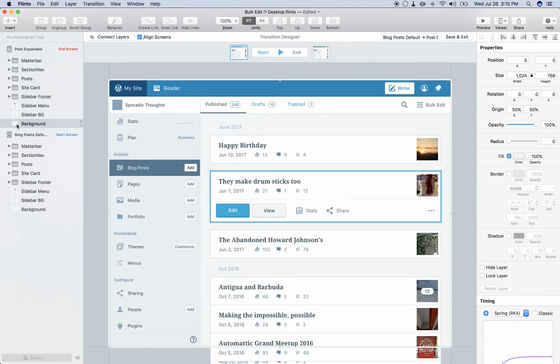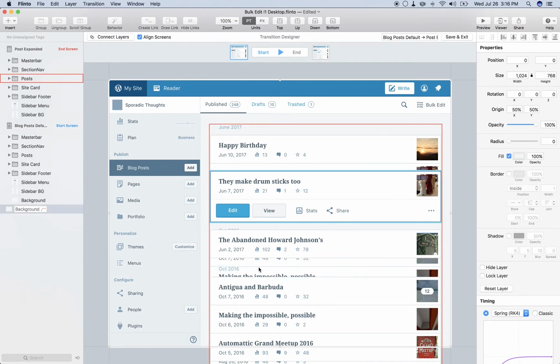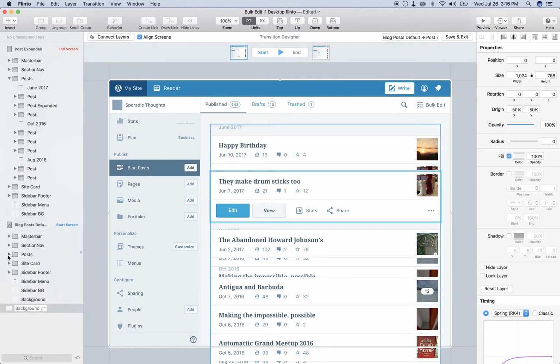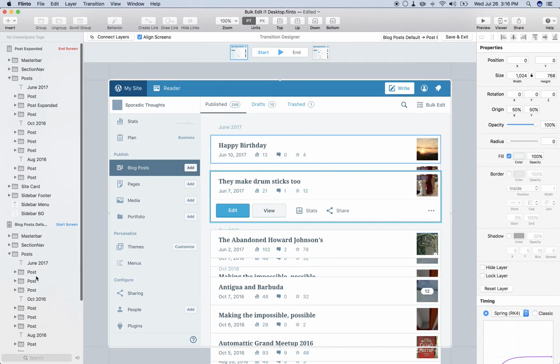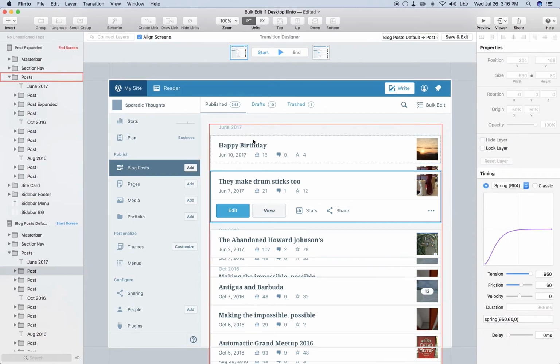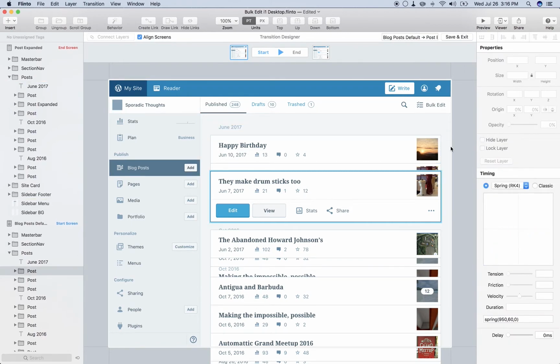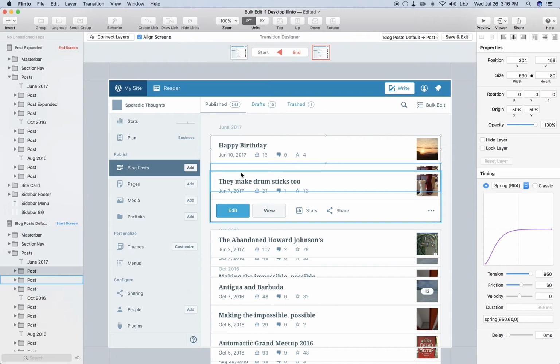So the first problem we'll notice is that we have a background that's over top. We can actually just take that and drag that down to the bottom, and now you see our other layers start to shine through. And now, what we want to do for posts, if we open up posts here in both, we can look at, here's the first post at the start screen, and in the end screen we don't want that post to move at all, we want it to stay. Right? The post we do want to move,